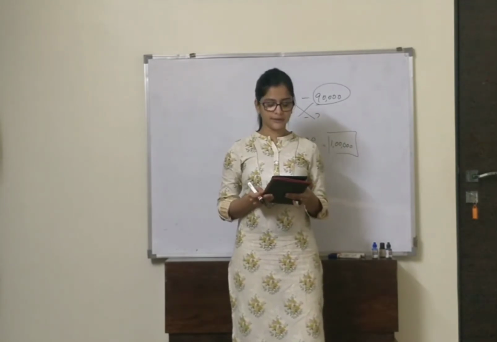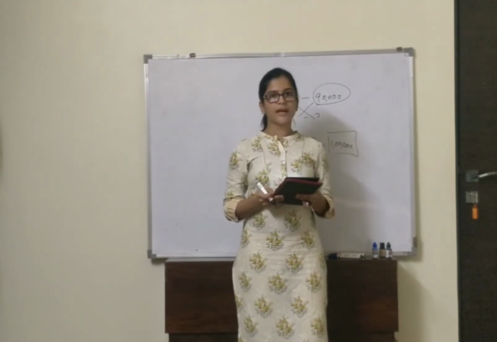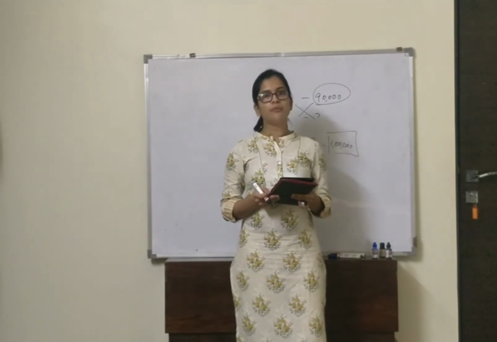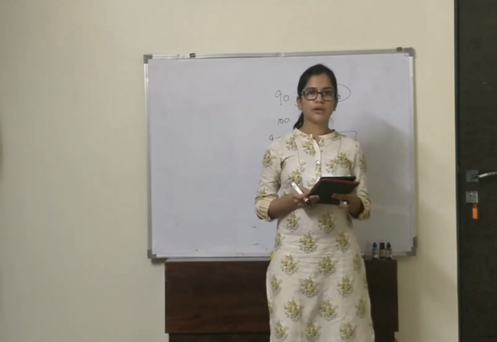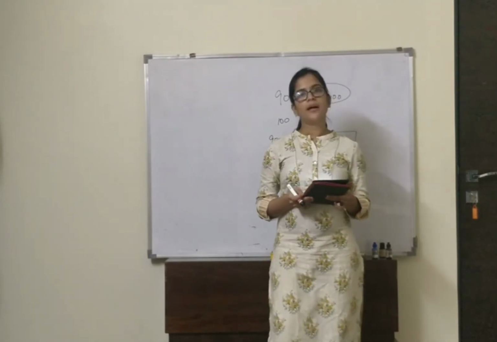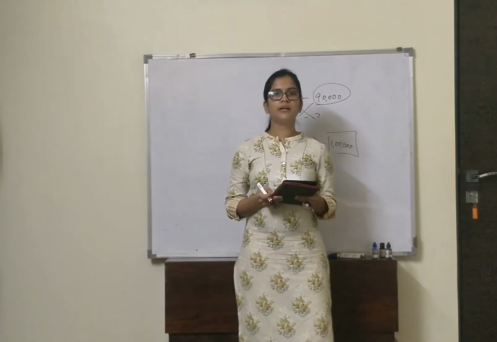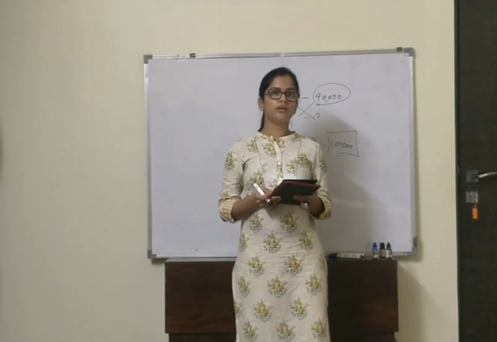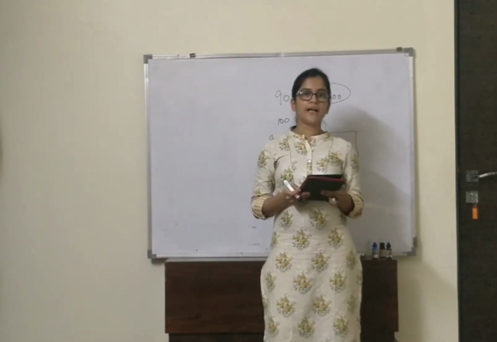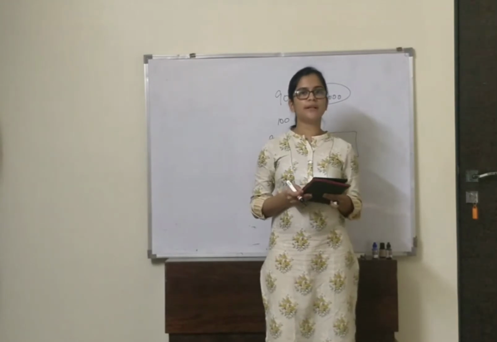Then we have hall rent, income and expenditure account. Locker rent we have 40,000, which includes 10,000 of previous year. So that 10,000 will be written in our opening balance sheet, and again it will be deducted in our income and expenditure account under locker rent. Why would it be deducted again? Because that 40,000 includes 10,000 of the previous year.